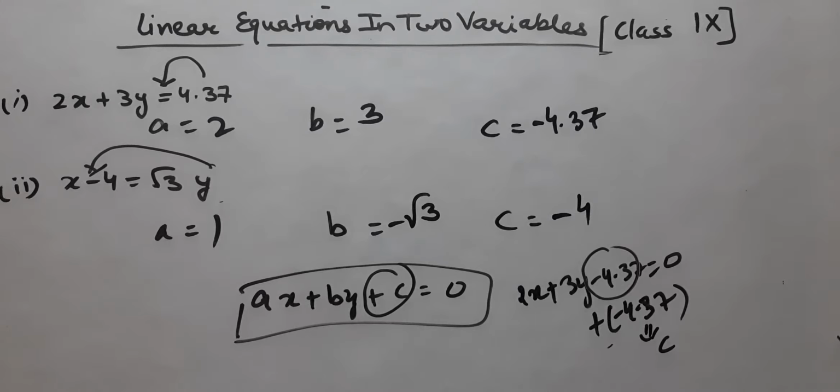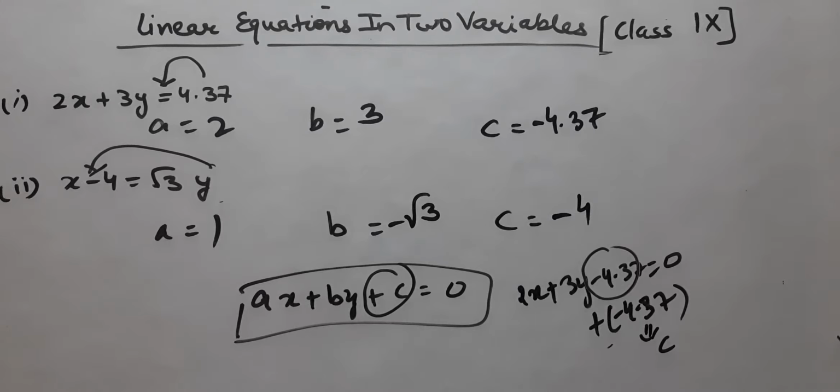Now suppose I am having this type of equation, say x is equal to minus 5. This is the third example. And the fourth one is 2x is equals to 3. If I'm having these types of examples and I have to make them in two variables, can I make that? You can pause the video and try it yourself. Now let's see how we can do that. We have to convert this into two variables.